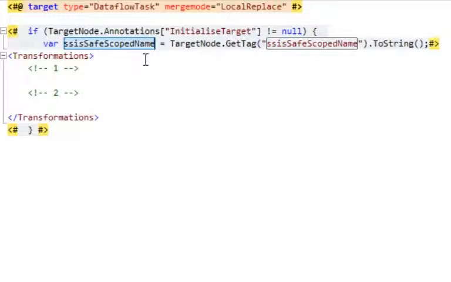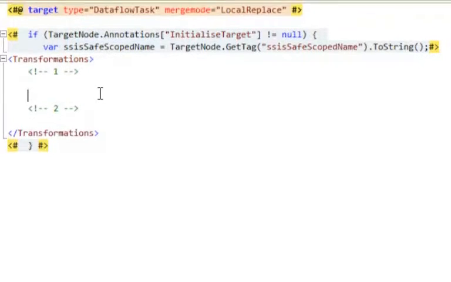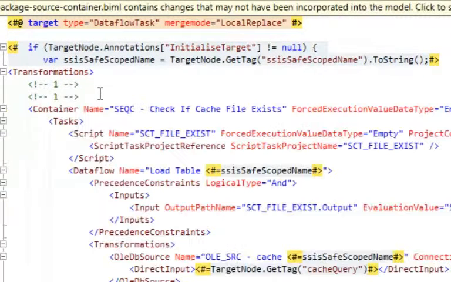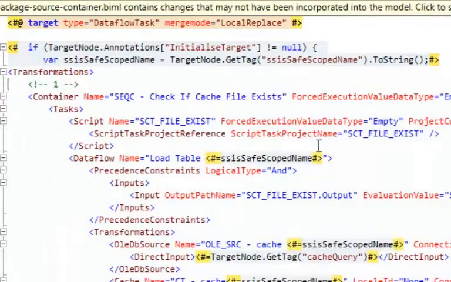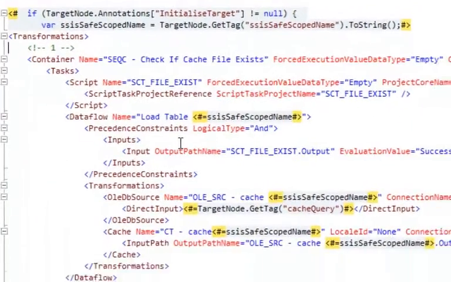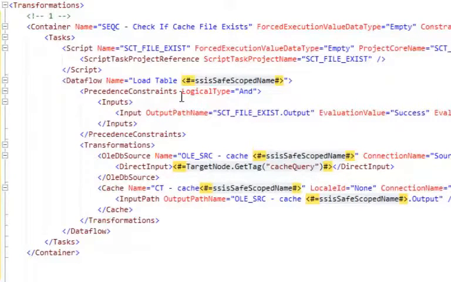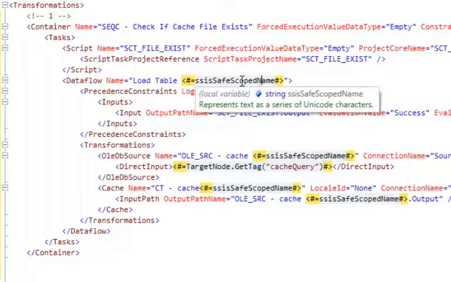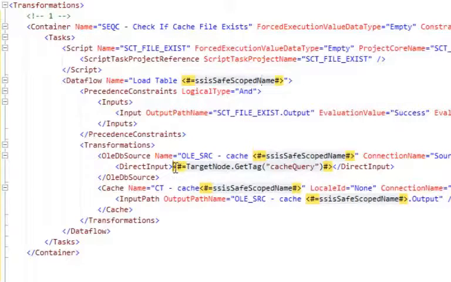The first one is to say, only go and look for dataflow tasks that I have set a tag called initialized target, and then whatever the scope name is. So let me put the container back in. There we go, there's the container. And this code is exactly the same as the code that I have taken out of my package, except I'm just setting these variables now. Where I used to have table node dot SSIS scope name, I've now replaced them with whatever I've put in the tag. And the only other thing I've done here is, again, I am now reading target node.getTag.cache,